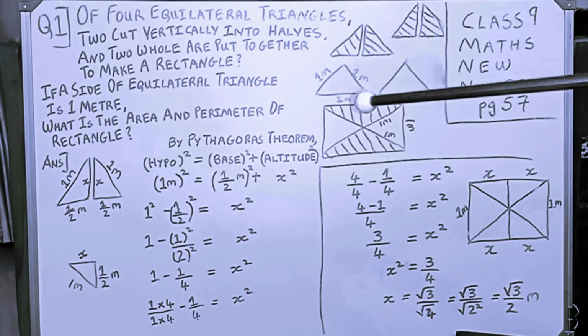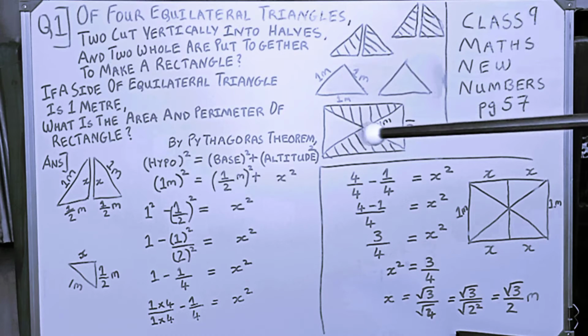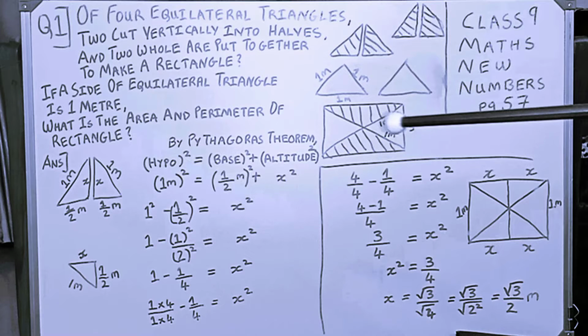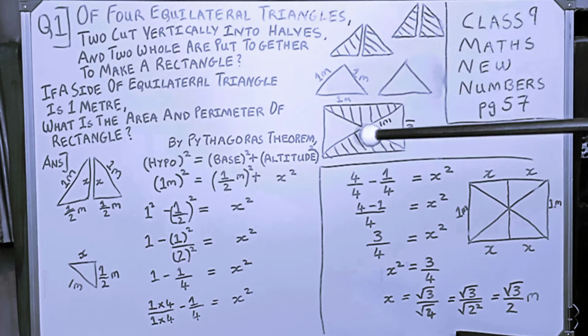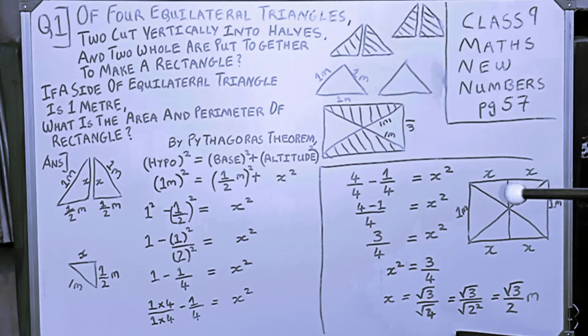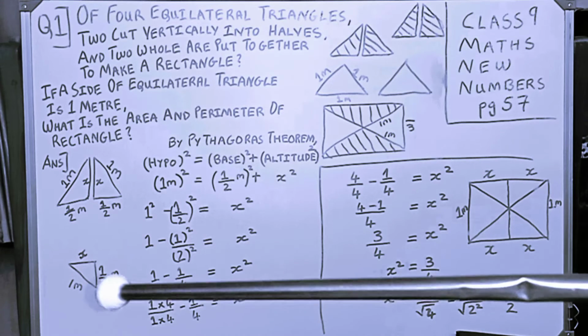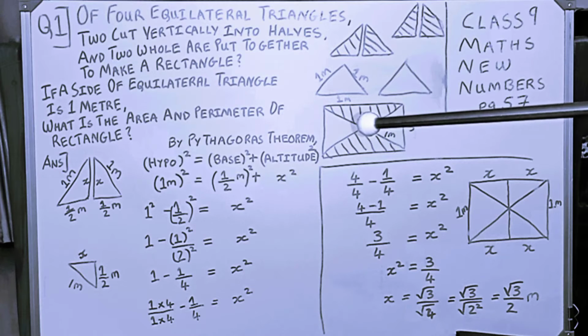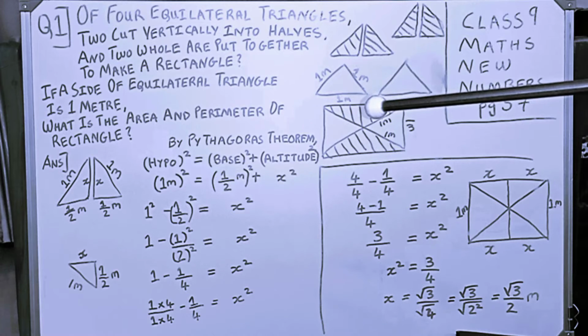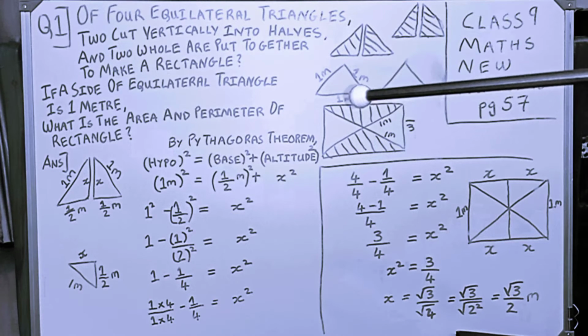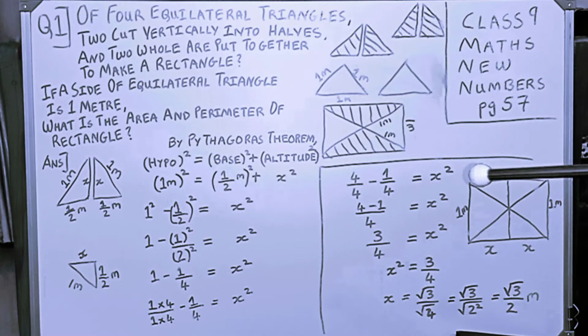you can imagine from here to here the distance would be, if it is split into two halves, this side would be half. This side would be half, the perpendicular side. So from here to here it would be half, and here to here it would be half. The same diagram is drawn over here. You can see 1 meter is this side, and the half meter would come over here, and we have to find out the topmost side, from here till here.